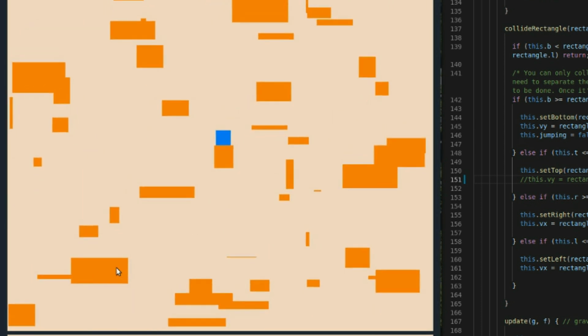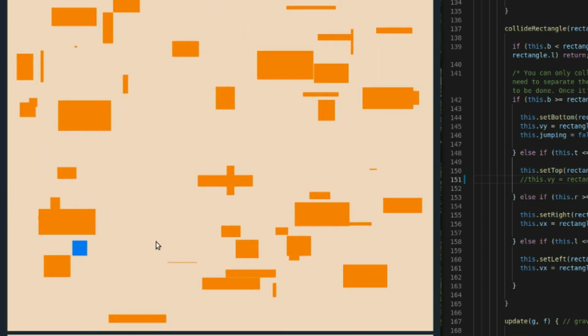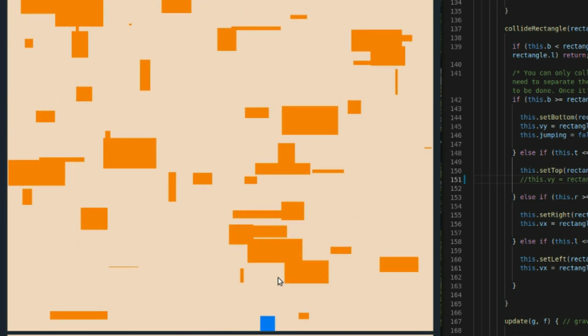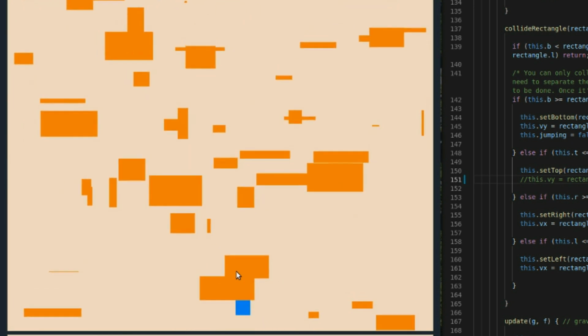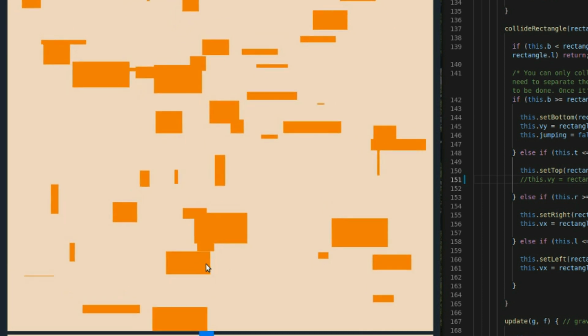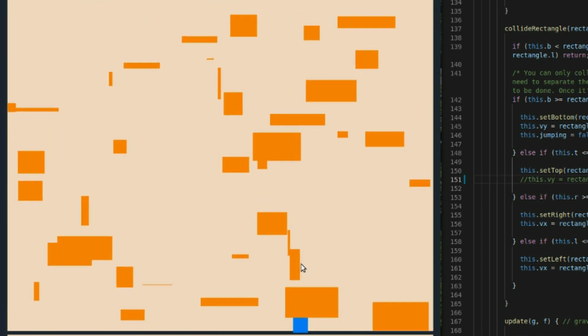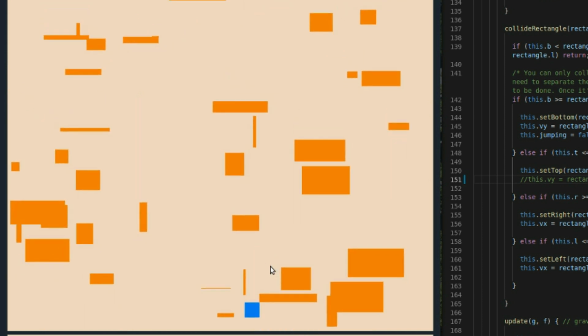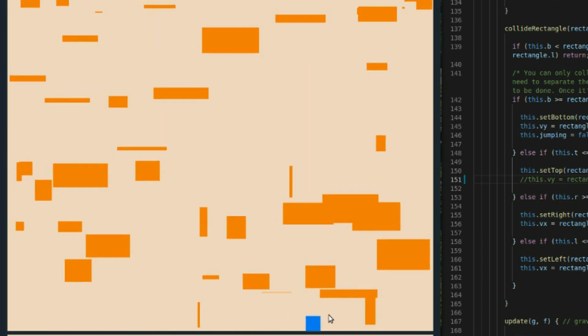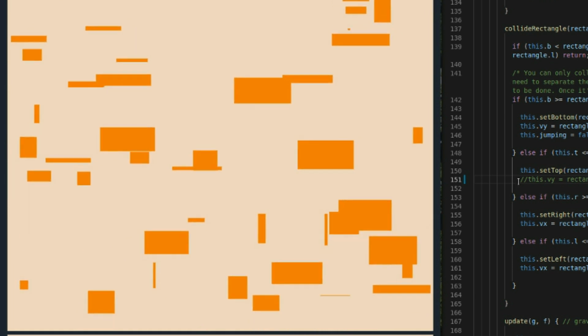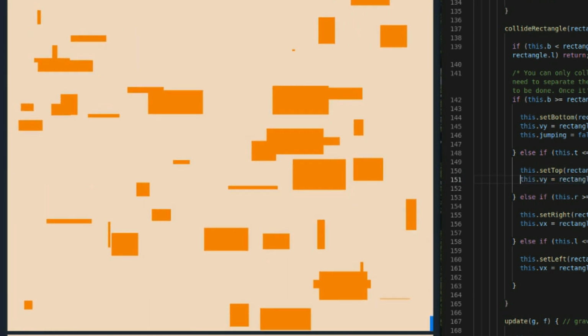We refresh. I'm going to hop down to the bottom and jump up into the bottom of some of my rectangles. You see how I kind of hang there for a minute? That's because I'm not setting my velocity equal to 0. First of all, if I don't set it equal to 0, I'm technically still going to be moving up with the jump. On the flip side, however, if I do set my y velocity equal to just 0,